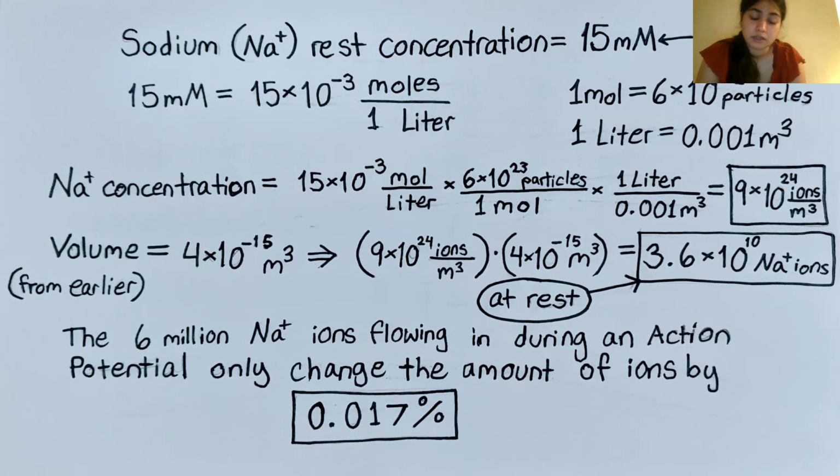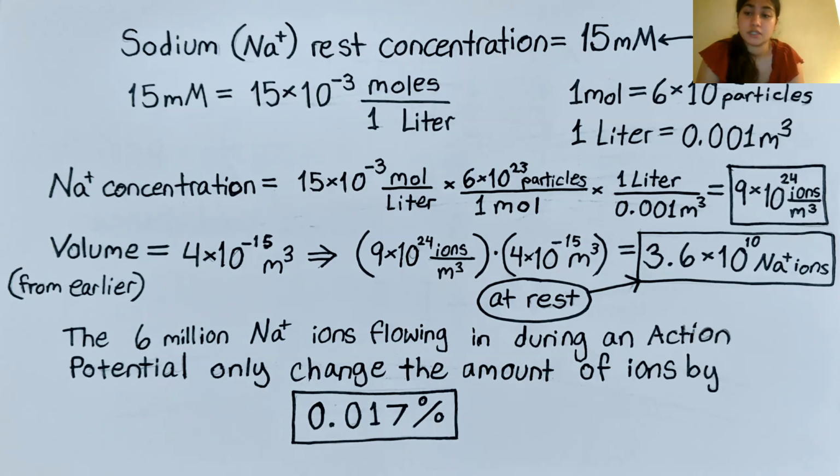For sodium, the resting concentration is 15 millimolar, or 15 times 10 to the power -3 moles per liter. And moles per liter is a measure of concentration, how many particles there are in a specific volume. 1 mole is equal to 6 times 10 to the power 23 particles, and 1 liter is going to be